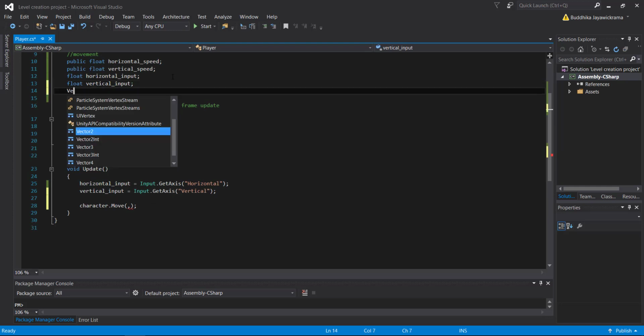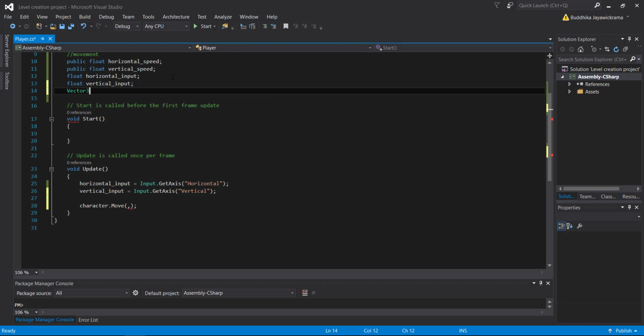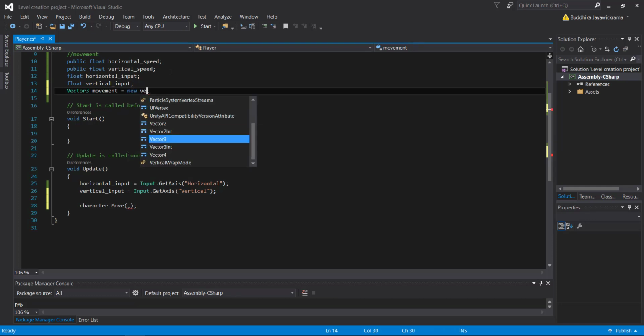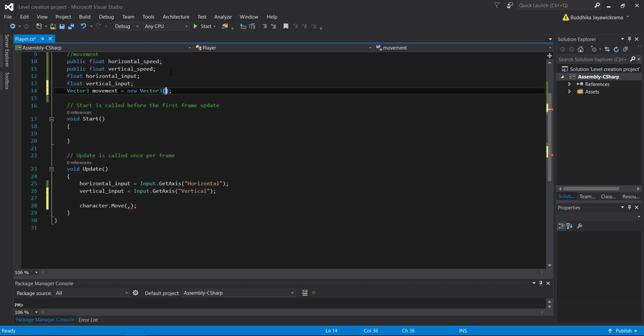So we can define a Vector3 variable named movement, and let's assign 0, 0, 0 values for this vector as initial values. Let's keep them as floating point values.